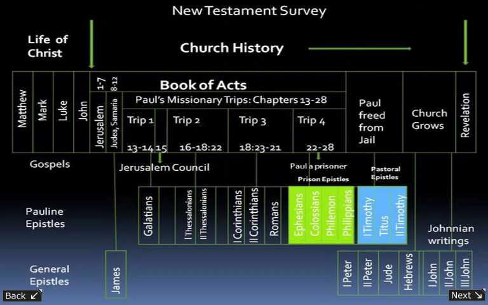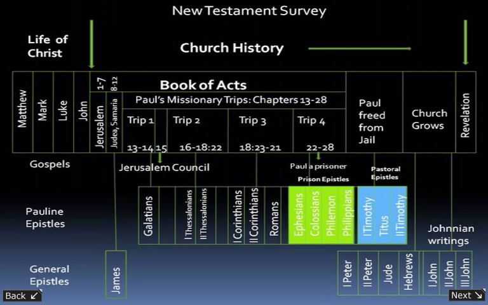Now, during the book of Acts, we have Paul's missionary journeys, chapters 13 through 28. And during his trips, he writes these letters back to the churches and places he's been to. I divide it in three different ways. We have first the problem letters. There's problems in the church, and he writes back to them about these problems, Galatians through Romans.